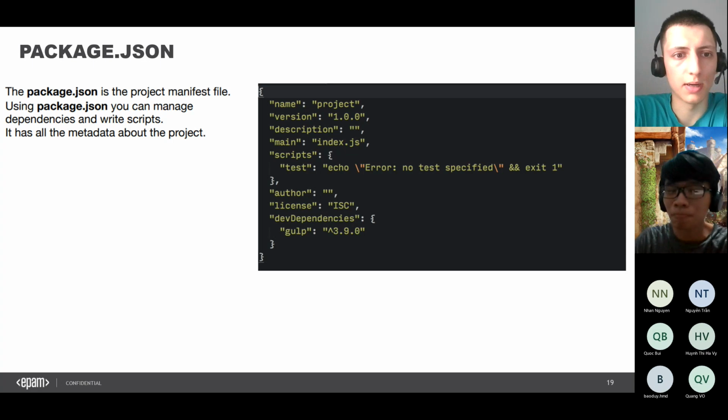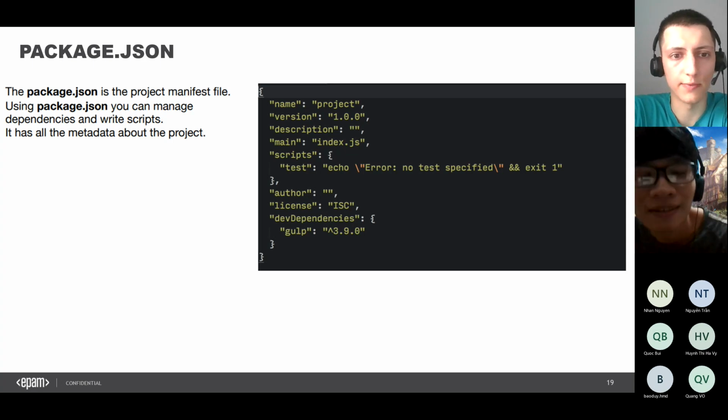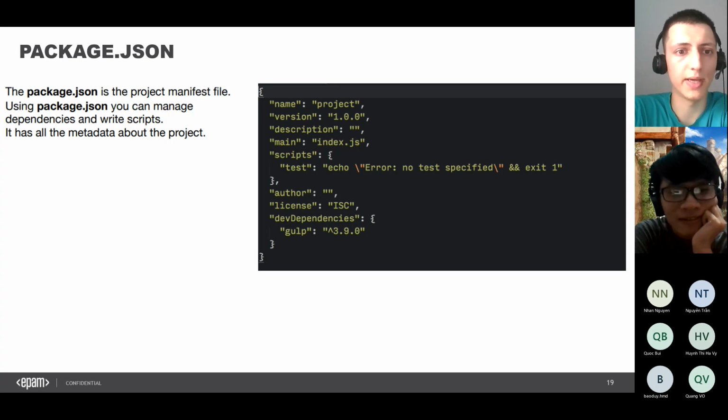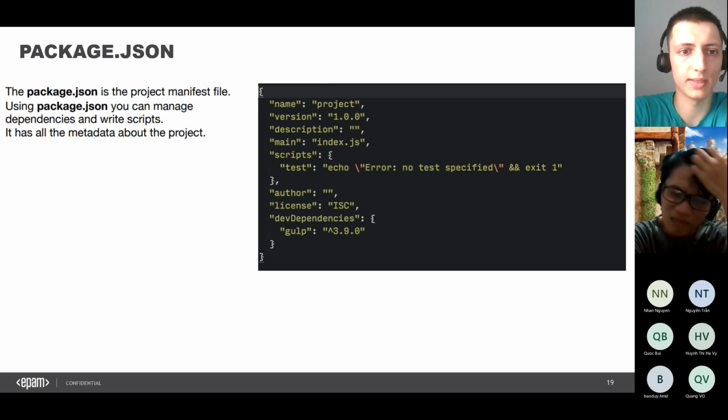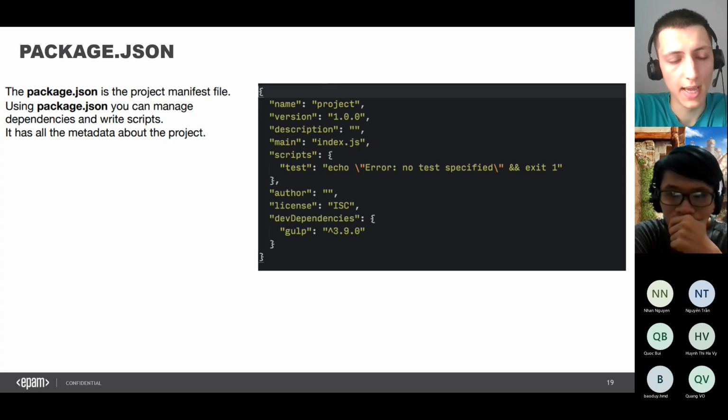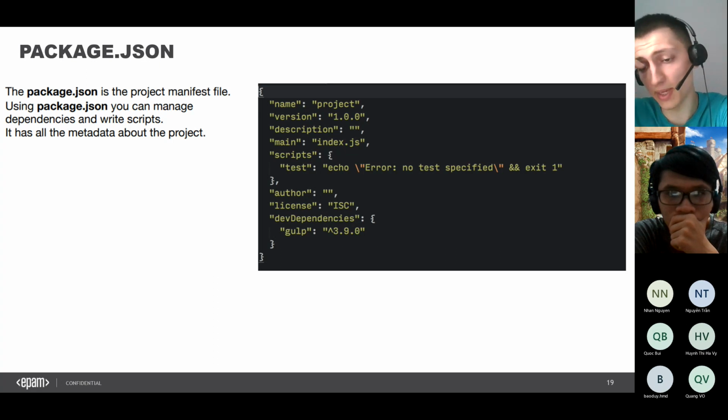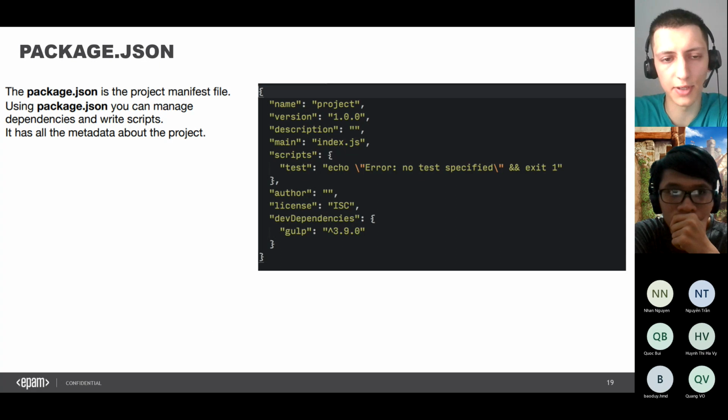The next one is author. Yeah, of course, it's just the name of the one who created this. Then license, and the last one is devDependencies. Also, there are more fields you can add to this package.json, but these are the most common ones. Talking about dependencies, yeah, when you type npm install and some dependency name, npm will automatically update the package.json file and add the name of the dependency you've installed and the version of this dependency.